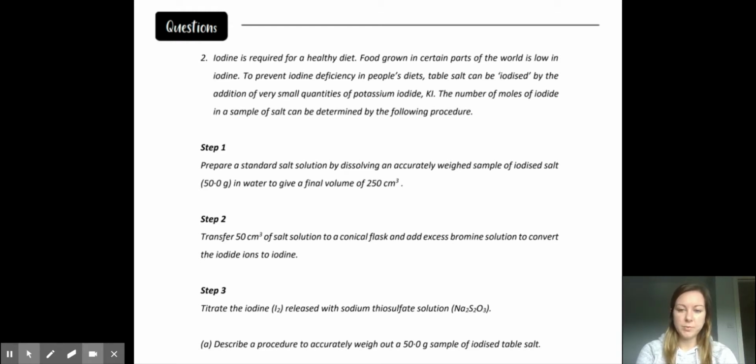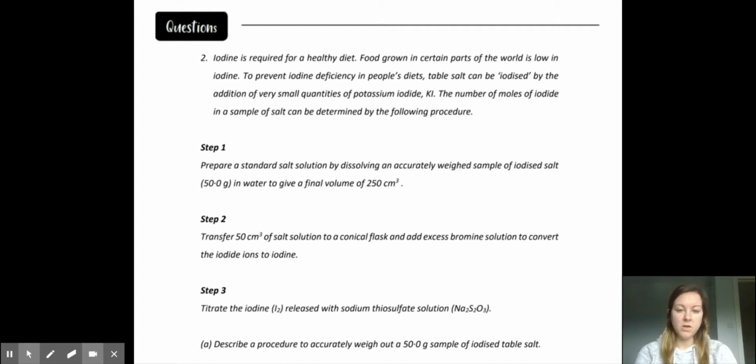So step one is to prepare a standard salt solution by dissolving an accurately weighed sample of iodized salt, so 50 grams, in water to give a final volume of 250 centimetres cubed. Step two is to transfer 50 centimetres cubed of the salt solution to a conical flask and add excess bromine solution to convert the iodide ions to iodine. Step 3 is to titrate the iodine released with sodium thiosulfate solution. And A is asking us to describe a procedure to accurately weigh out 50 grams of a sample of iodized